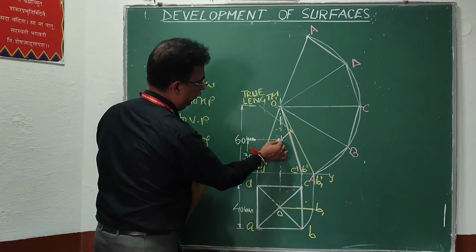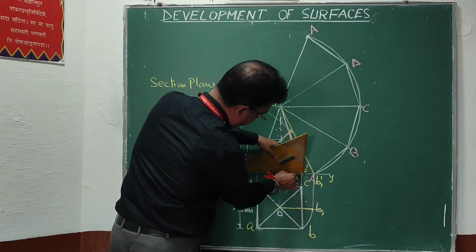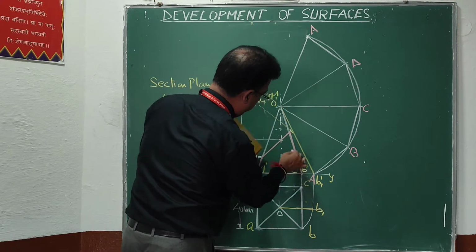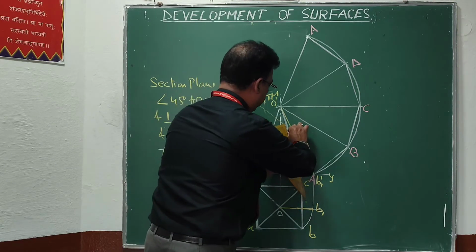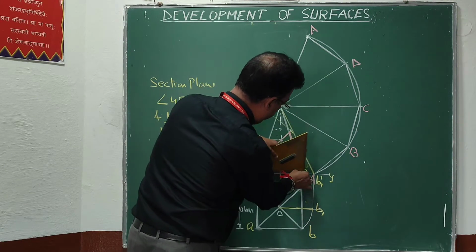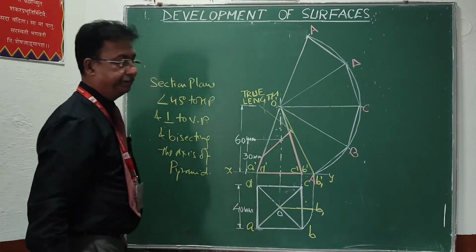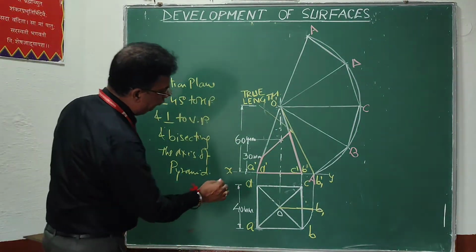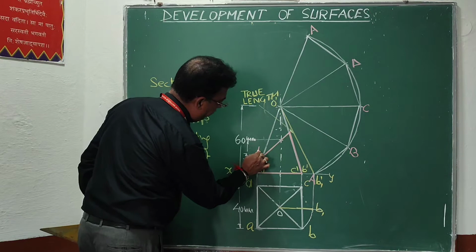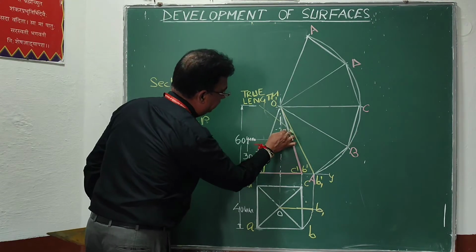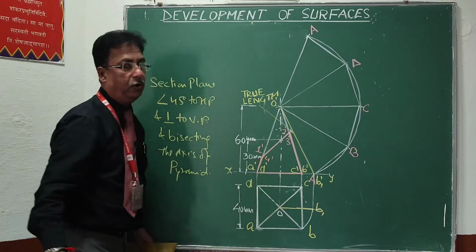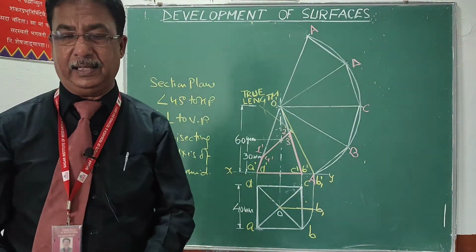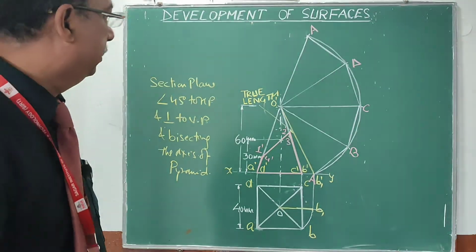So I have marked a point 30 mm above the base, and now if you look at this figure, this colored part will be the lower part of the pyramid, and actually we want to develop this solid part. This section plane is already cutting this solid at 4 points. This will be point 1 dash, this will be 2 dash, 3 dash and 4 dash. Total only 4 points are there. All the slant edges are cut by this section plane.